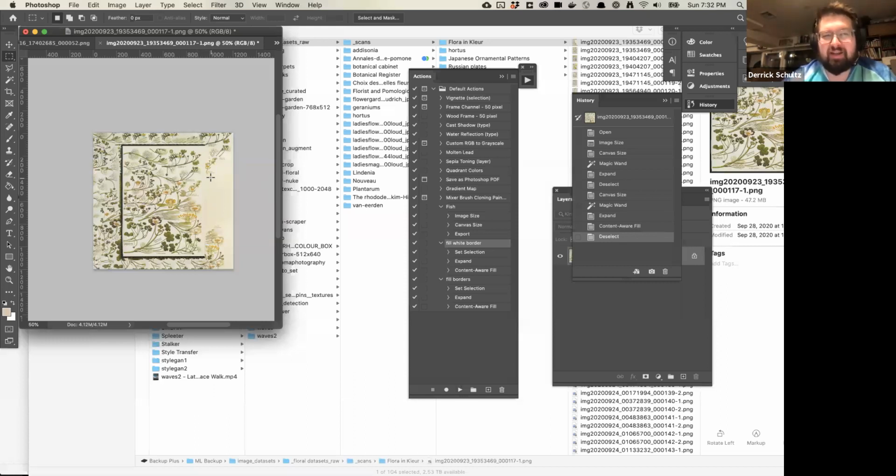But this is nice in that it just sort of is repeating a pattern you already apply. So if you find that you're doing the same steps over and over again, and you think it's semi-repeatable in the sense that you're just going click, click, click, click, click, you can use an action to sort of automate that step. Any questions about actions?